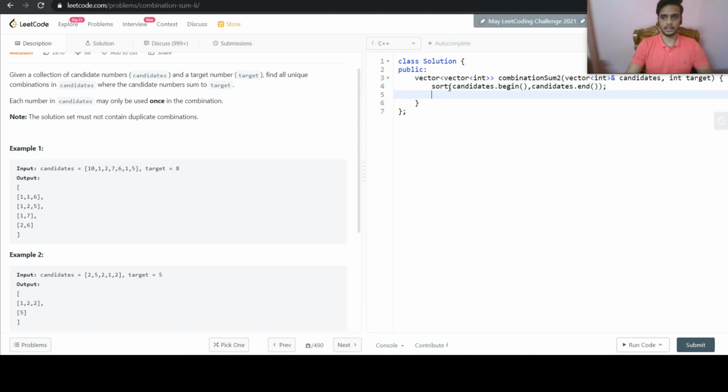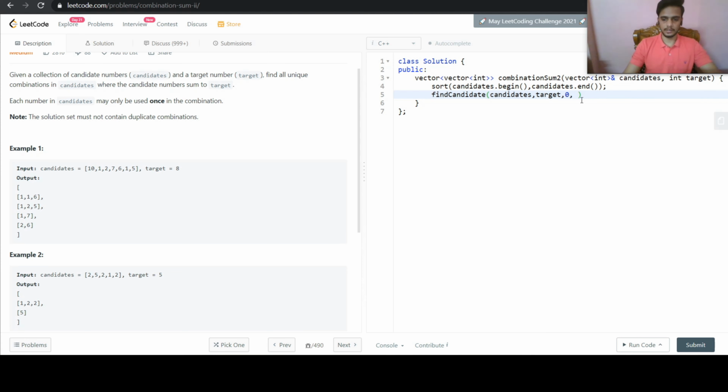So once we have sorted our array, we can call a recursive function. Let us name it as findCandidate, and in that function we will pass the parameters. First of all, the candidates array itself, and then the target value. Also we will give the index value which we will be traversing.